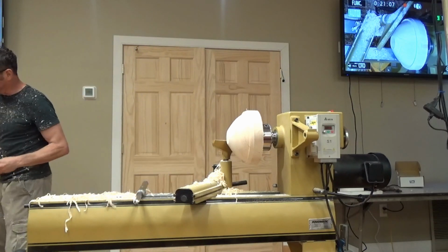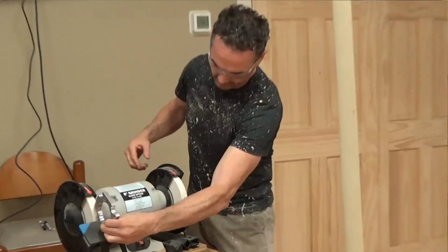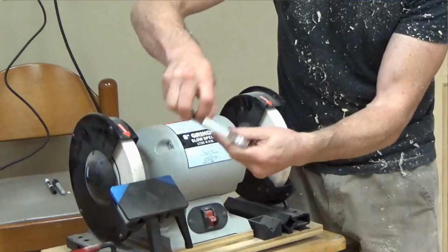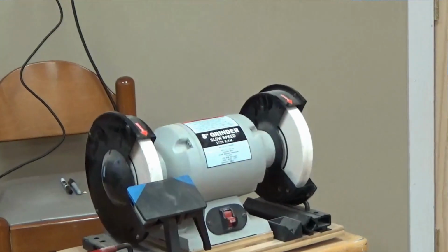And what I did, I took the platform and I had the wheel just touch the bottom one, and it sits in situ, it sets the angle. Then I placed it flat, and that let me set the angle for the 40 degrees to the left and 40 degrees to the right. And then what I do when I'm sharpening,